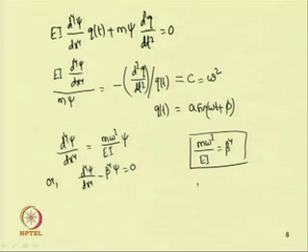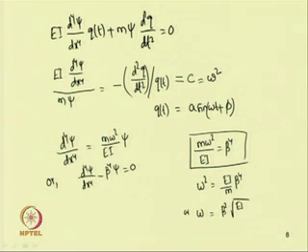From this one can find ω² equal to EI/m into β⁴, or ω equal to β² into root over EI/m,